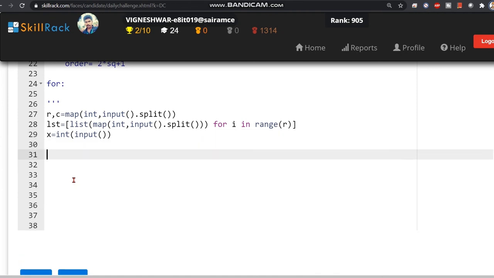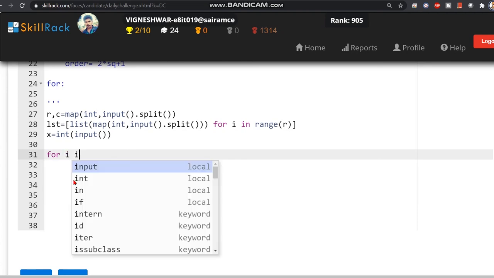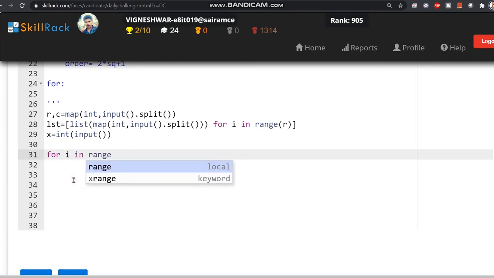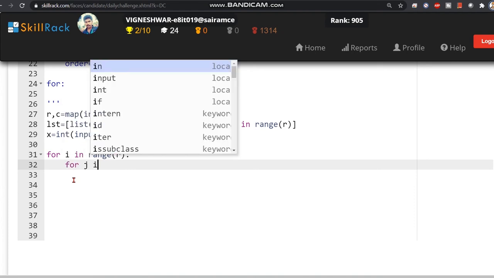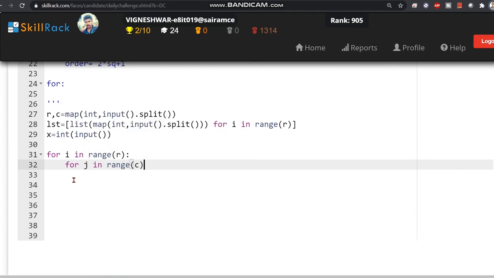Then we are going to find the index of the x. For that we can have for j in range c.